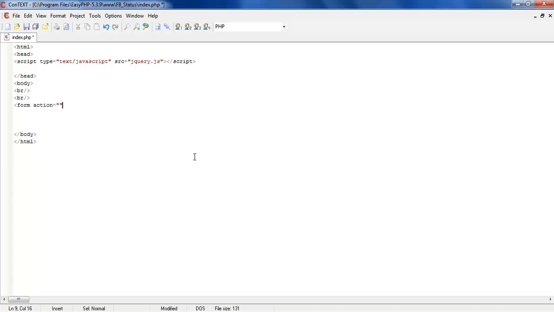I'll tell you why, because I'll be posting the status using Ajax or jQuery and Ajax. It will not be posted through PHP, so I don't want you to keep any action, because I don't want the form to be submitted to a page through PHP. And I want you to write onsubmit return false, close the form,